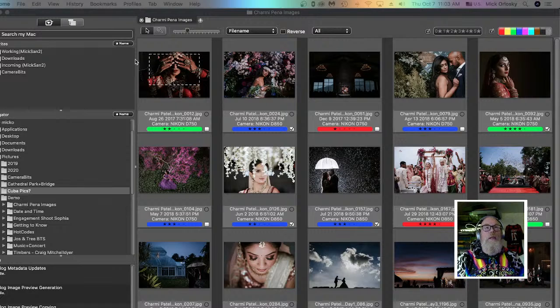In just a moment, I'll be doing a sample ingest. Ingest is what we call the process of copying files from a memory card to your computer. And I just wanted to point out that we very strongly recommend that you always do that step first whenever you're working with